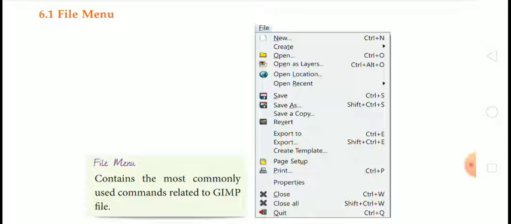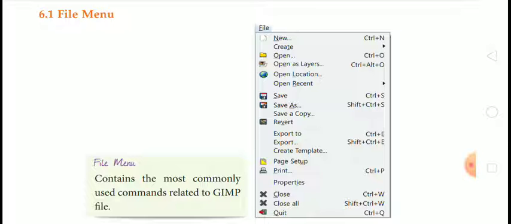What you will do is go to the file menu and select the New option, or press Ctrl N from the keyboard. When you press Ctrl with N, the new option will appear and a blank file will appear on the screen.